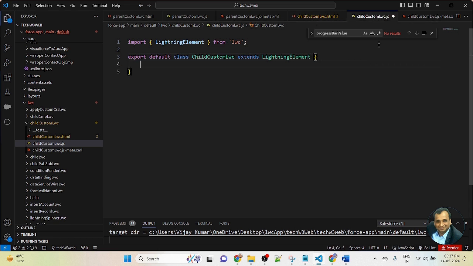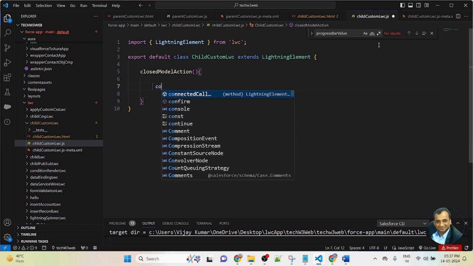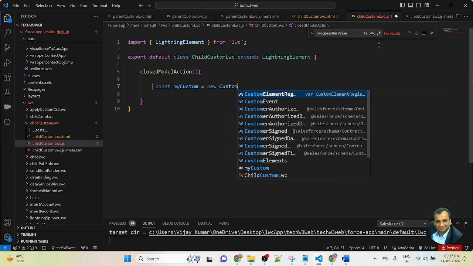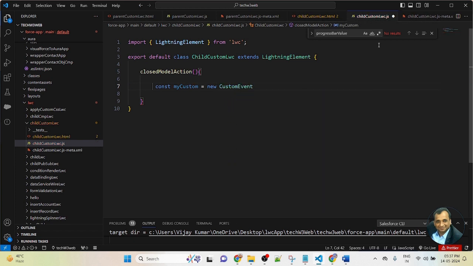In the export class, I will create a function. Inside the function, I will use a custom event and a dispatch event. So first I declare a constant variable, myCustom equal to new CustomEvent. Inside the brackets, pass two parameters.